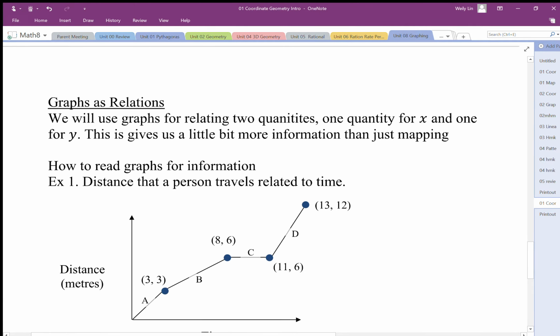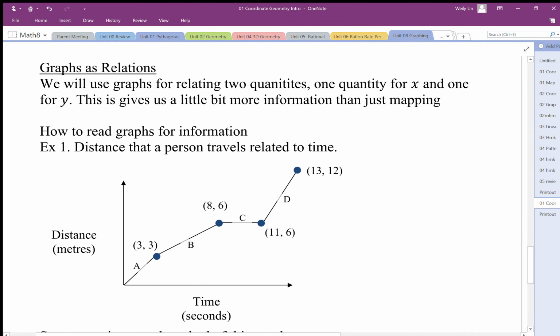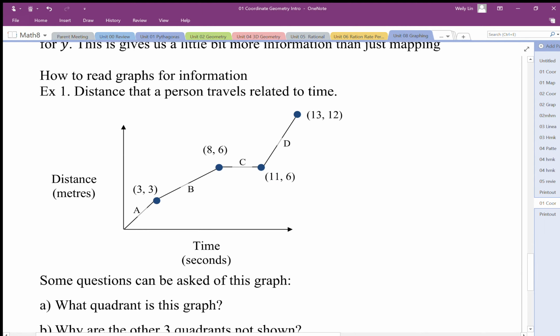However, we want to start using this coordinate system to relate two different quantities. An x quantity, what we call the independent quantity, and the y quantity, the vertical, which we call the dependent. And we use these to make graphs. So we're going to be doing graphing. Graphing involves showing a relationship between two variables. To read graphs, we need to understand what exactly we are relating to each other. In this example, we're relating along the horizontal the time in seconds to the vertical, which